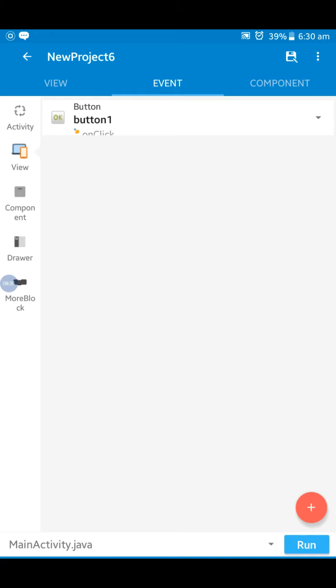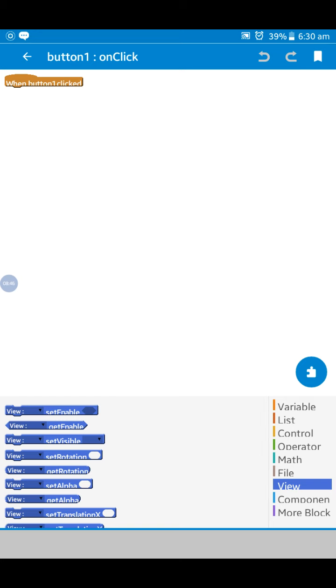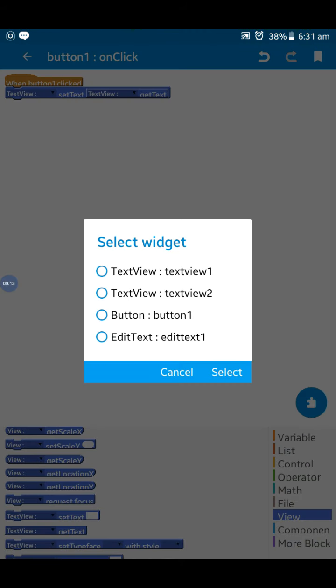When button 1 is clicked, we go to the view, text view, set the text, and then get the text from edit text 1.